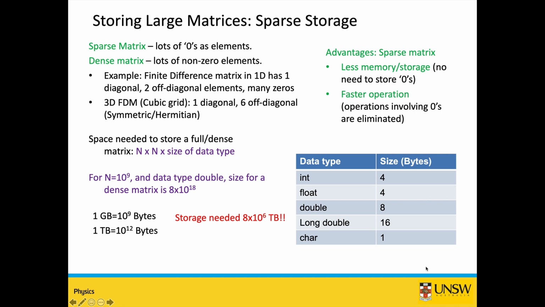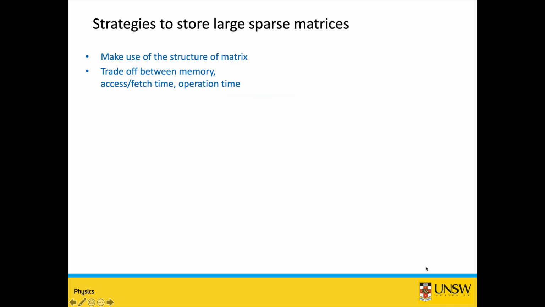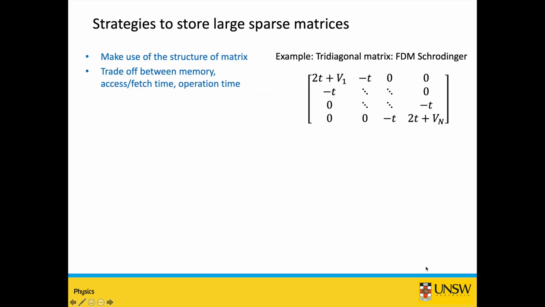So this is a huge memory, right? It's expensive and it's also infeasible just to save a matrix. Why would we need so much memory? So that's where sparse matrices can help. And just to compare the same example, if the matrix has 10 to the power 9 rows, but has just 3 elements per row, it's a tridiagonal matrix, a case that represents a 1D finite difference method. So you can see the number of diagonal elements of this matrix is 10 to the power 9, right?